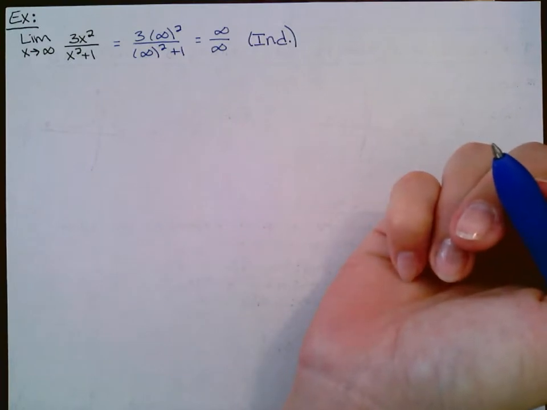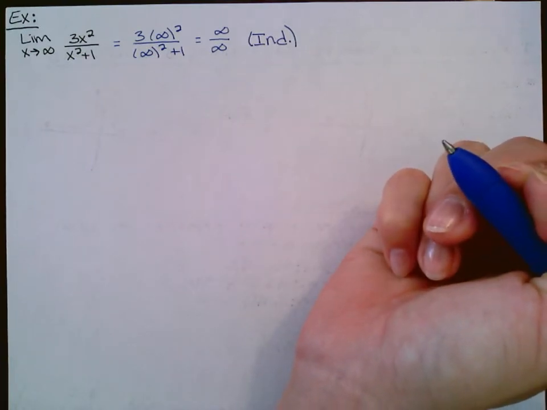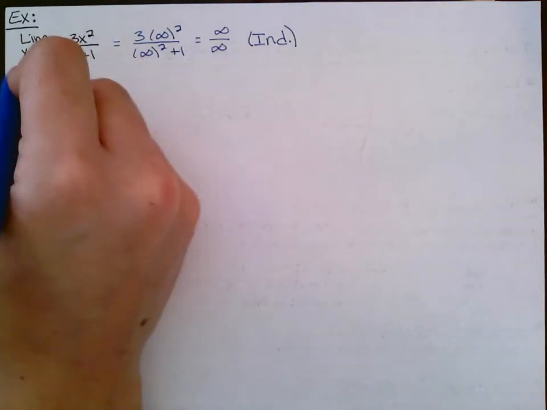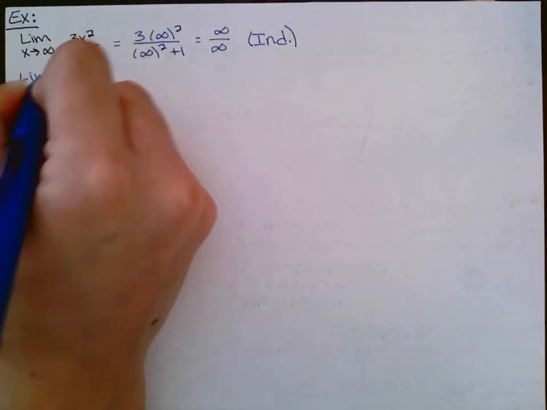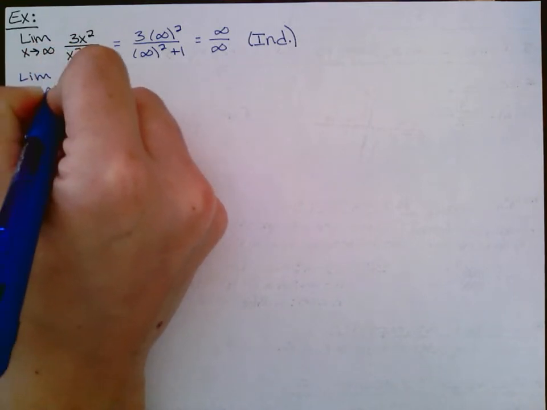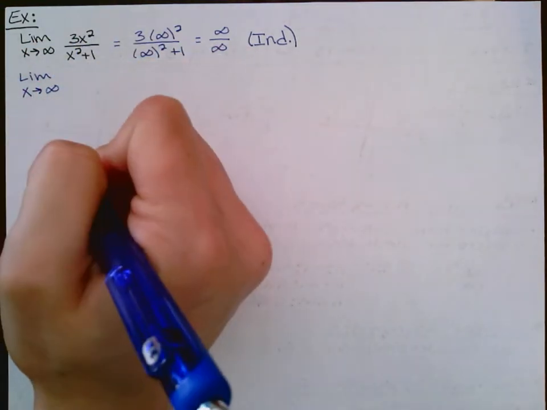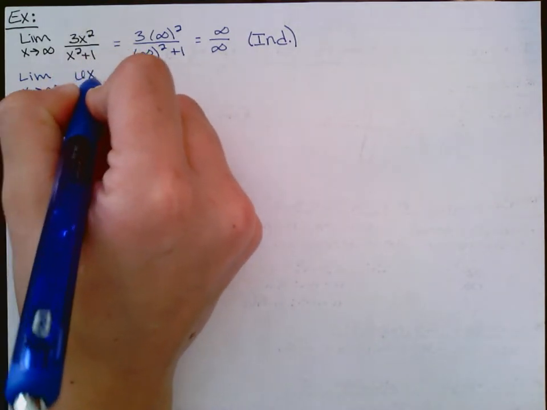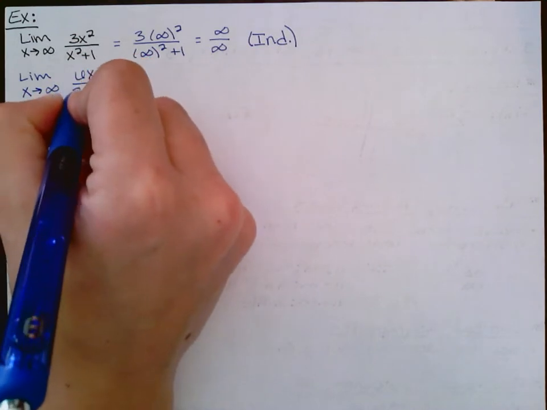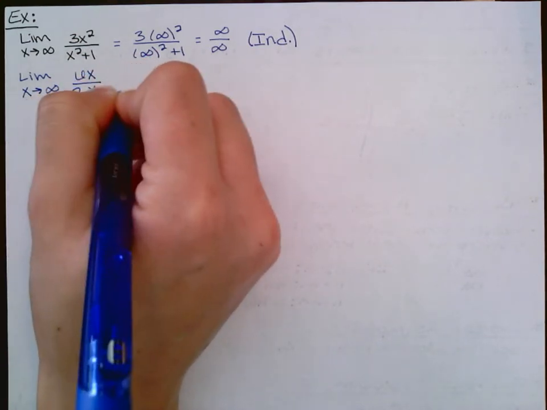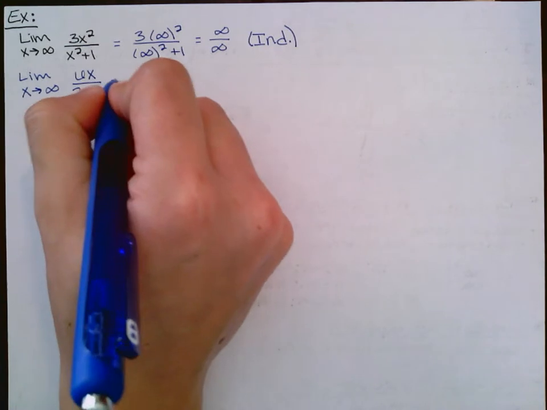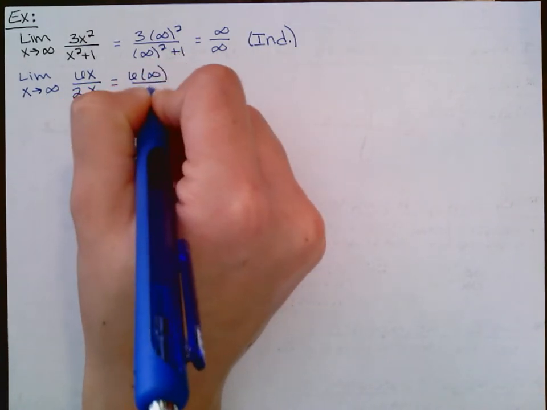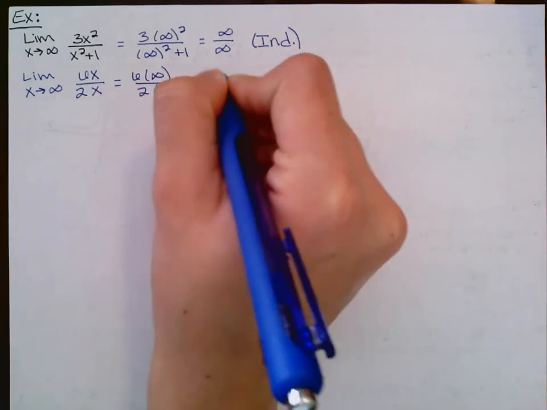So I've got a few options here. The newest one that you learned, L'Hopital's, is definitely going to be the fastest version. Okay? So L'Hopital's says that I can redo this limit to the derivative of the numerator and the derivative of the denominator. So the derivative of the numerator would be 6x over 2x to the first, and then derivative of 1 is 0. If I plug in infinity here, I get 6 times infinity over 2 times infinity,